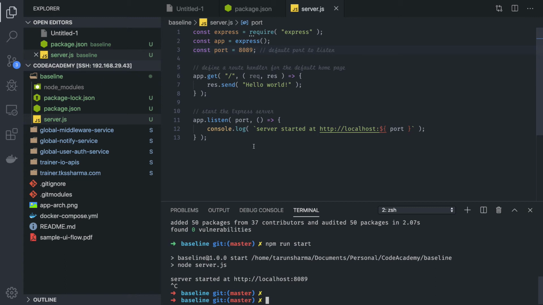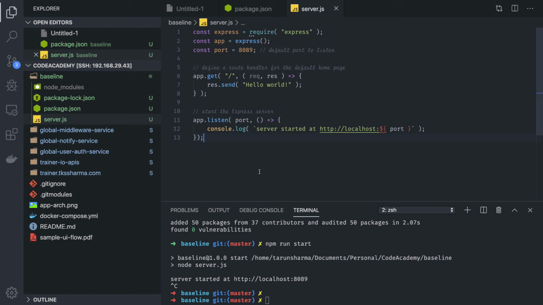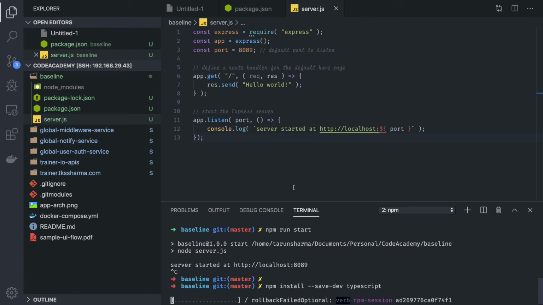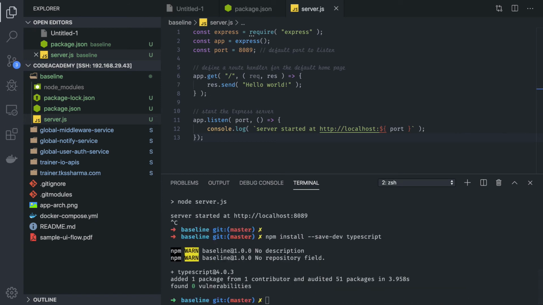Now we have already seen how to write a Node.js server, and if you are looking at this video, then you are already aware of how to write a Node.js application, because we are talking about Node.js microservices. So you are already aware how to write basic Node.js REST APIs using TypeORM, using Sequelize, using Mongoose. Here we will talk about how we can add TypeScript support for this application. So we will introduce TypeScript in our project, and we have to include a tsconfig.json file, which is the TypeScript transpiler configuration.